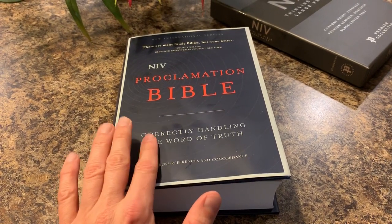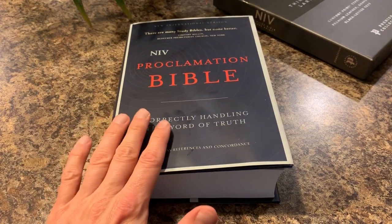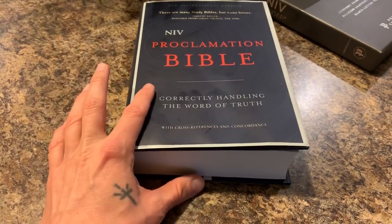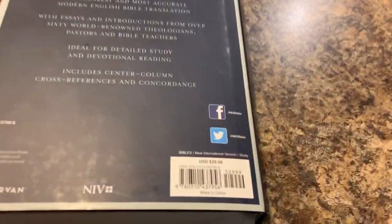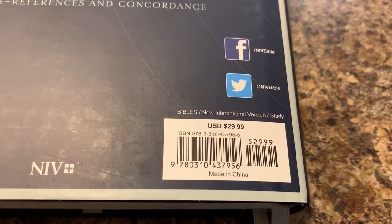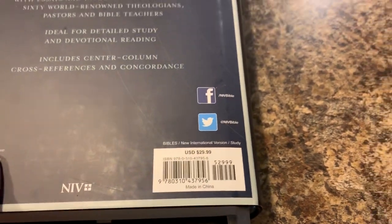I highly recommend this to any NIV user if you do not have a Proclamation Bible, but I also would first and foremost highly recommend this to people that do not have NIV, that just maybe want to test the waters with the NIV, because for this price point, you cannot beat it. It retails at $29.99, and you can get it other places besides ChristianBook.com. On Amazon, I wanted to say it was either in the $15, $16 range. I'm not sure. Don't quote me on that. But it retails for $29.99,